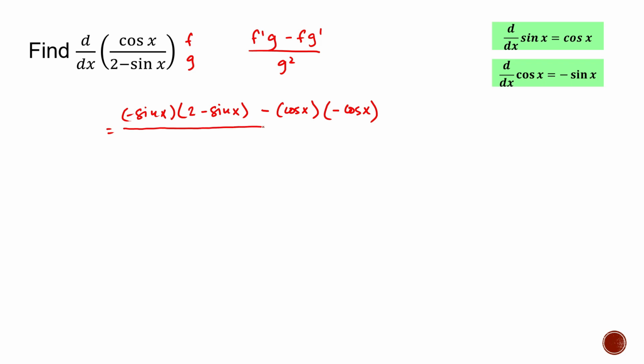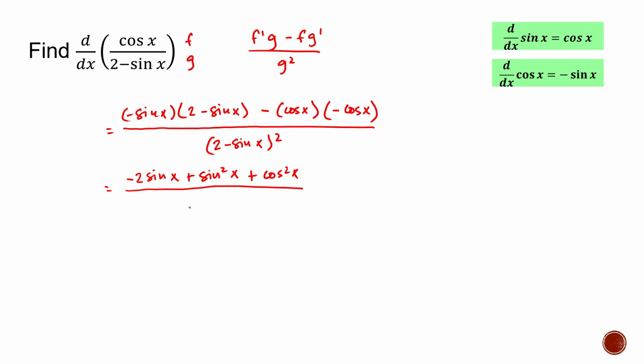Divided by 2 minus sine x square. Let's distribute the negative sine x to 2 and negative sine x. So this will be equal to negative 2 sine x plus sine square x. Then this is negative cosine x and another negative cosine x, so that will be equal to positive cosine square x, divided by 2